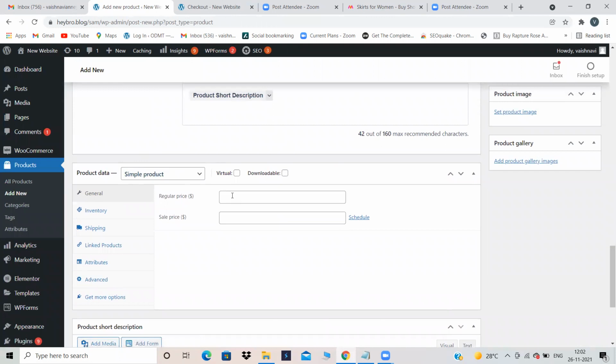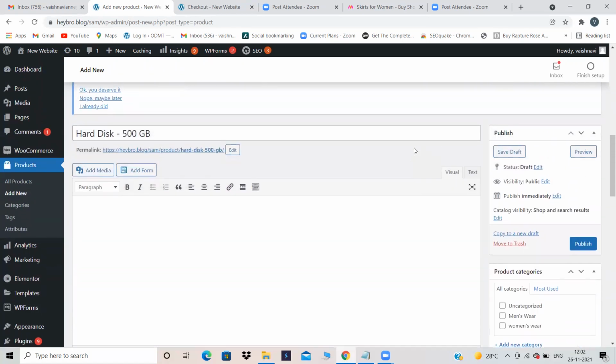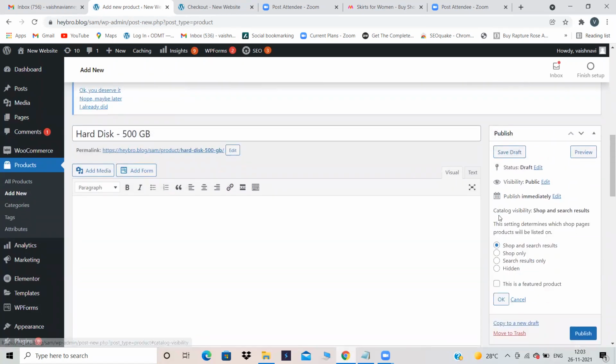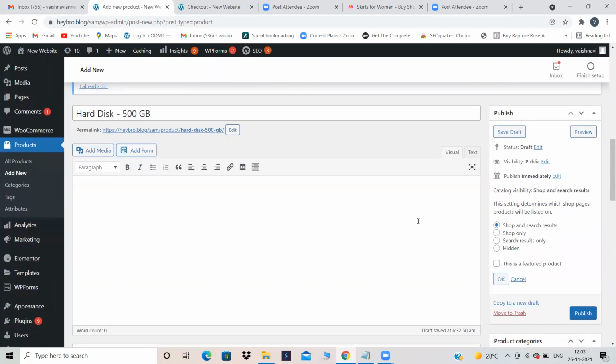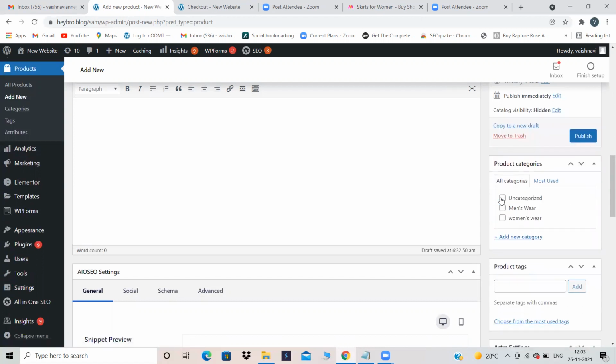And this simple product, I am increasing the price to 1000 because 250 GB I'm selling at 500 rupees and 500 GB I'm selling at 1000 rupees. Product image and all, you guys please give it. I'm not giving. Go to catalog visibility. Actually, no need to give product image. You will understand why no need to give product image over here. Click on hidden. Okay. Then publish it. Okay.